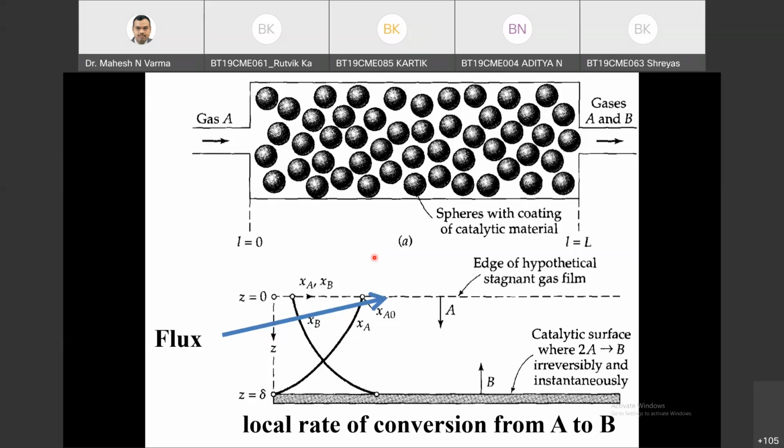Yes, sir. The variation is with respect to the place, right? Yes, this is exactly it, and this is the reason why mass transfer is taking place from here to here, because here the concentration is smaller. Hence, there is a driving force. Difference in concentration is the driving force, and because of that, mass transfer is taking place. Yes, I got it. Thank you. Okay, then if there are no more questions,